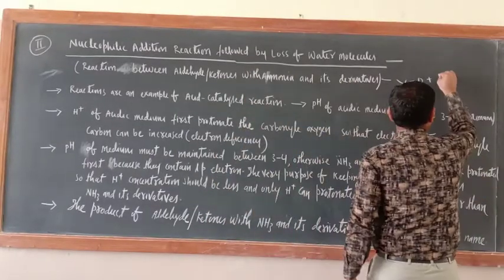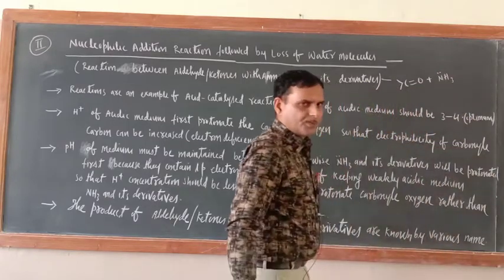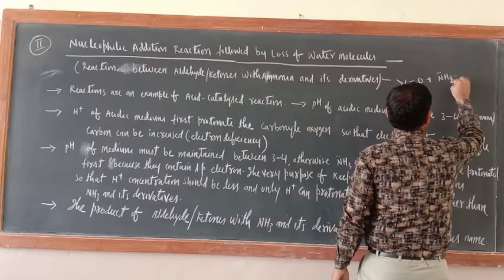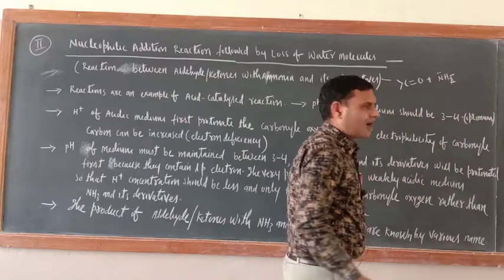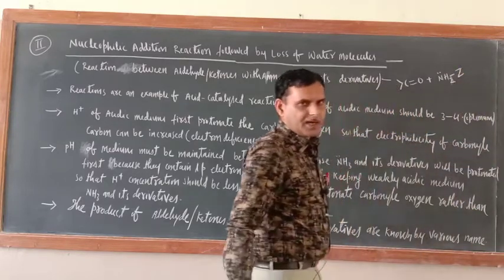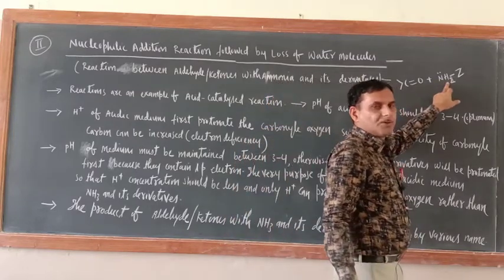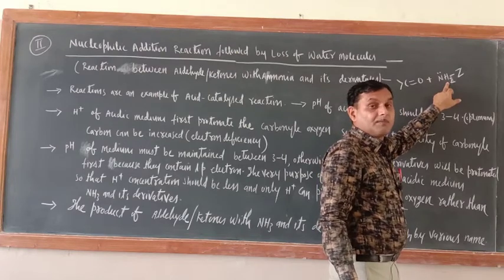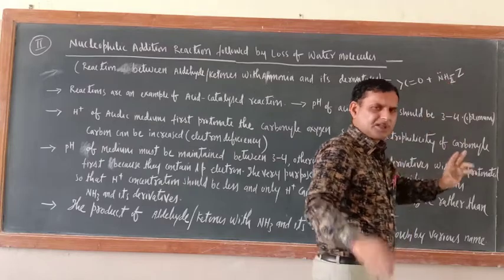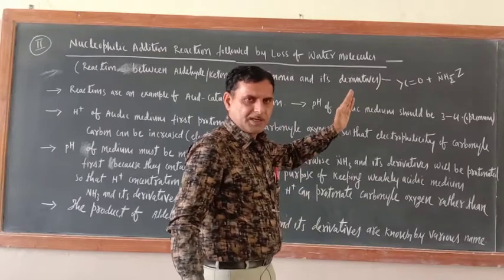So ammonia means what is there? NH3. NH3 or not? Yes. Now if I am talking of its derivatives, just replace one H from ammonia and put here Z. Z is what here? Nucleophile. Now this Z may be, suppose one H you have replaced by R, so it will become primary amines. If you have replaced by NH2, it will become hydrazine. I will give you the full list, don't worry. First you understand this point that I want to explain here.